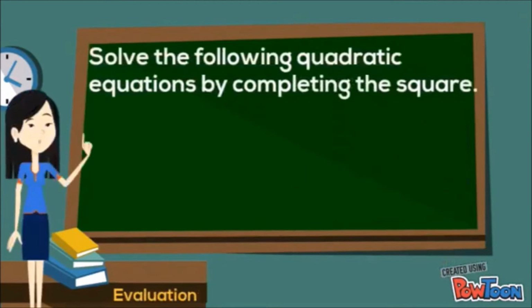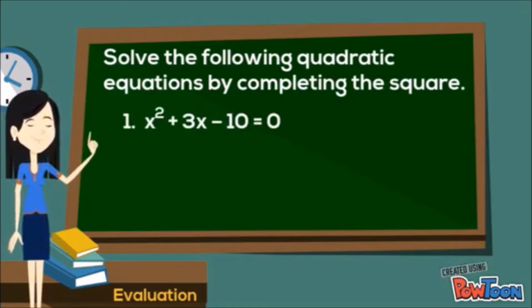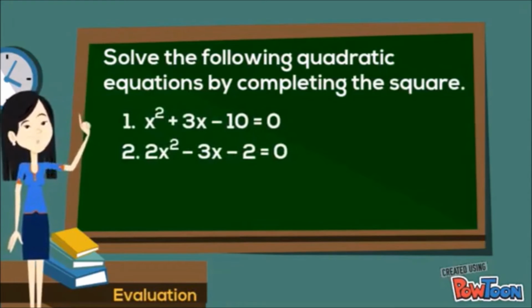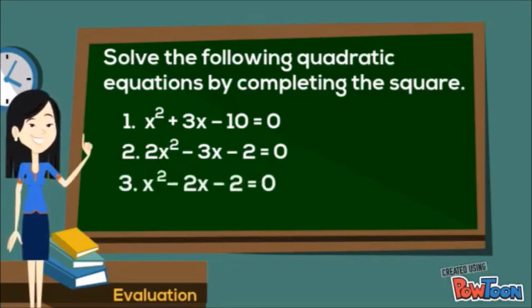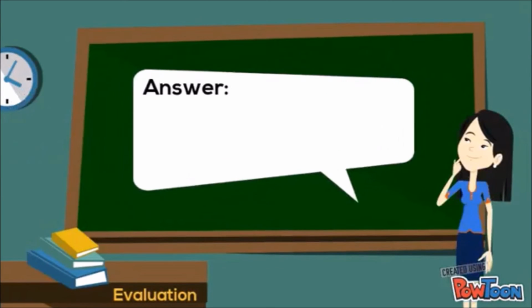Number 1, x squared plus 3x minus 10 equals 0. Number 2, 2x squared minus 3x minus 2 equals 0. Number 3, x squared minus 2x minus 2 equals 0. Number 4, x squared minus 3x plus 1 equals 0. The answers are: